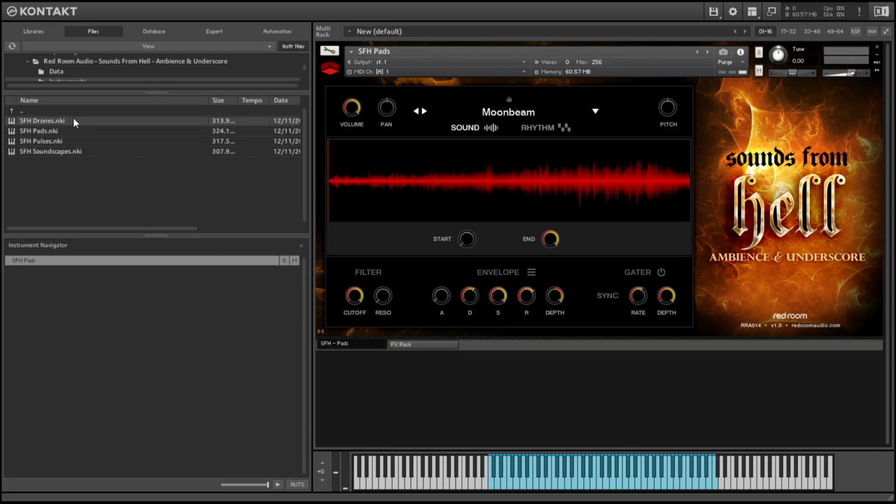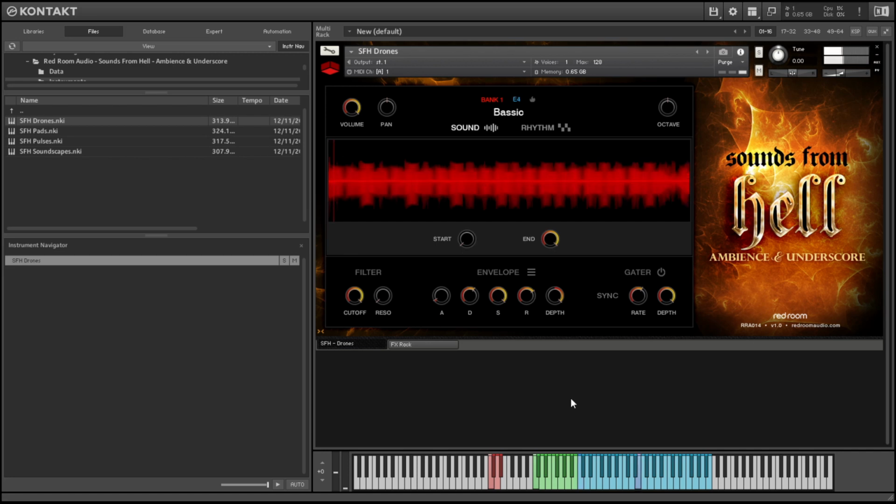Okay, so let's do the last category, and that's some drones. I think we have 3 or 4 banks of these, and we also move back to the key switch thing to change the key center. So for example,